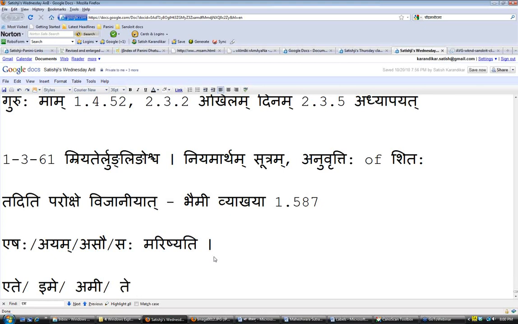Okay, and then the four forms that we have on the other side is we'll get etam, atva, you get imam. Otherwise, you will get asav will give amum. And then we give tam, and then marayishyanti.